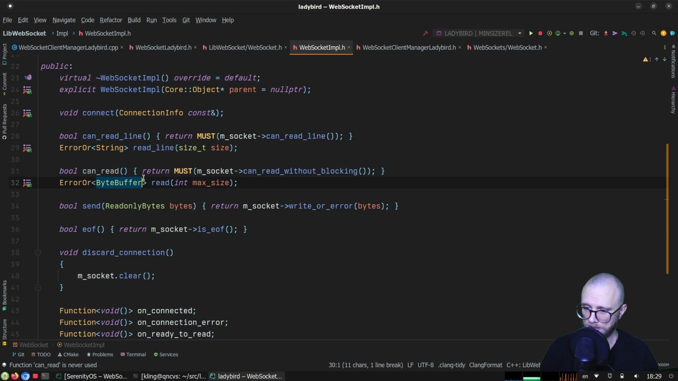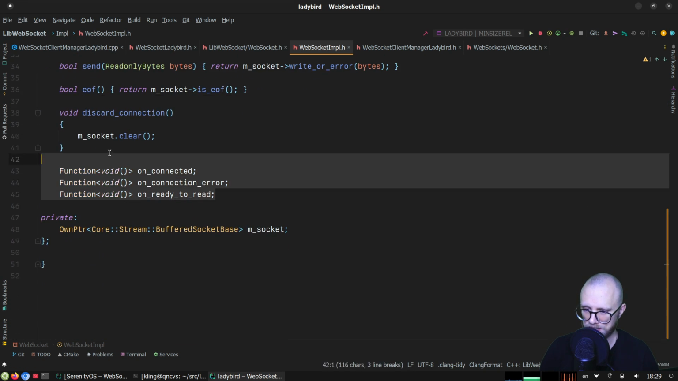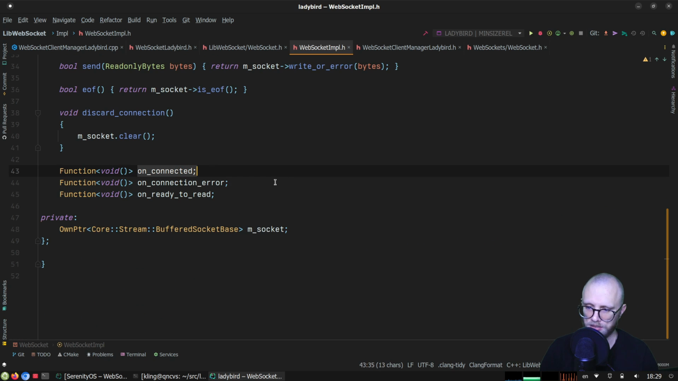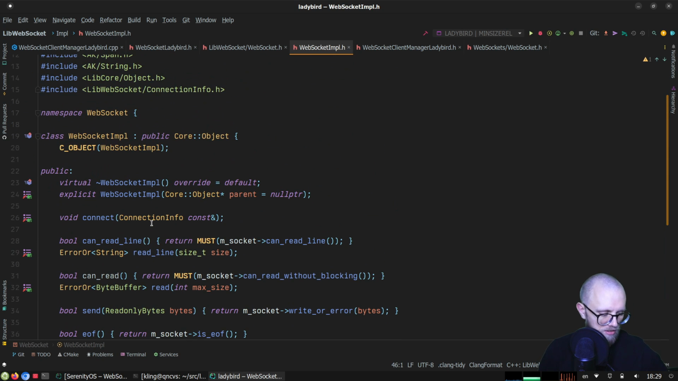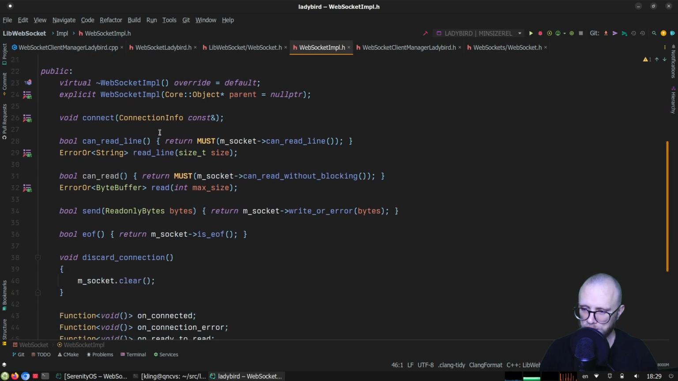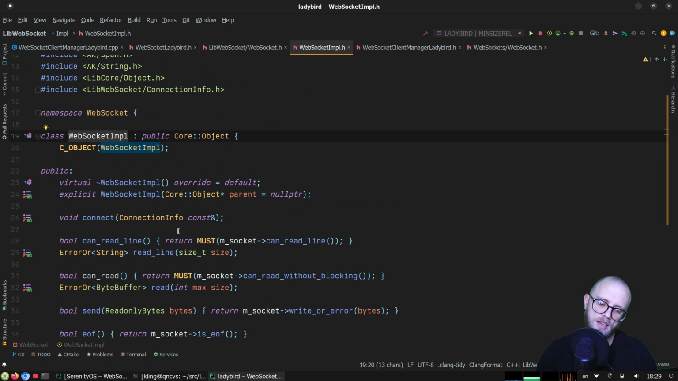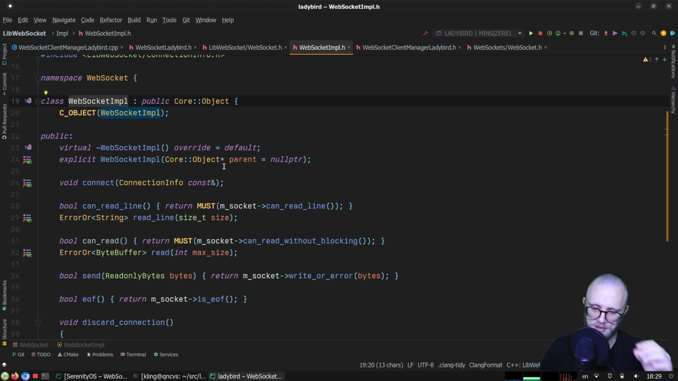Can I read anything right now? Am I at the end of a file? Stuff like that. And then it has some hooks here for when you get connected, when you fail to connect, or when you have data available to read. So all of this confusing setup to say, I think this is the part where we are going to start